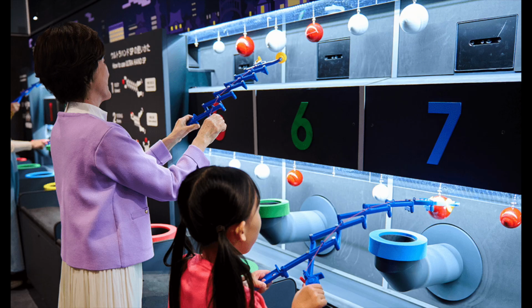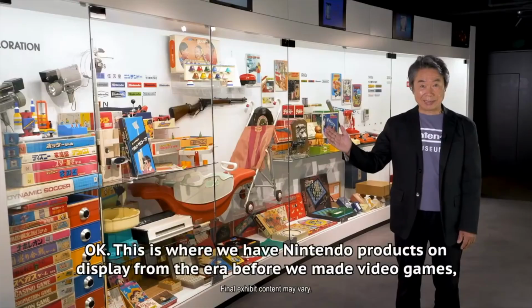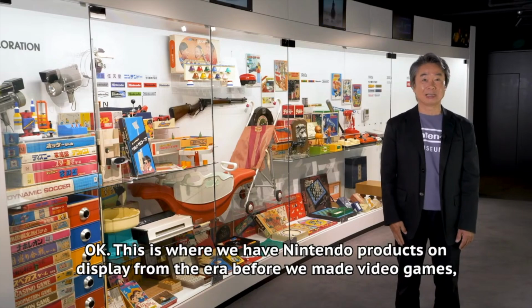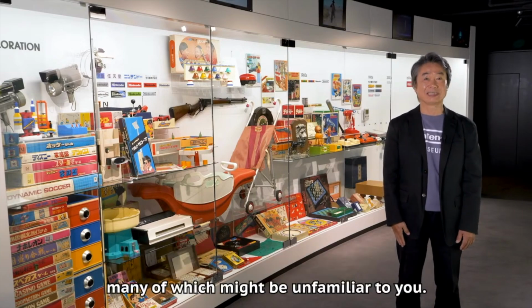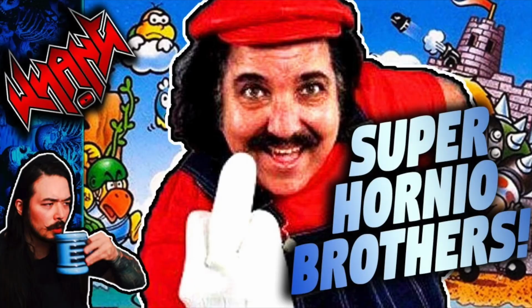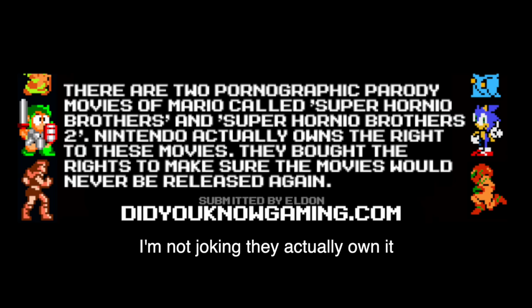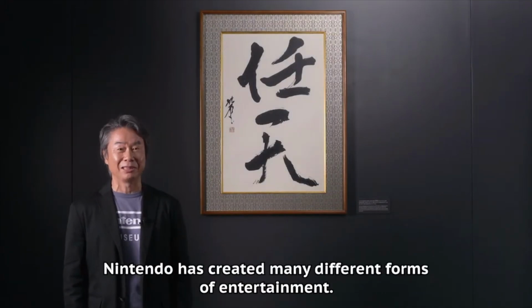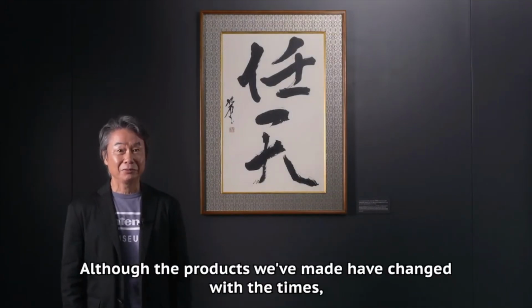I mean, the website did talk about some stuff that wasn't even shown in the Direct, which is neat. They also show some other stuff, like the toys, even though they're going to talk about the tax stuff and some obscure facts about Nintendo, like them partially owning a baseball team and then owning a porno, which, Google that. And yeah, overall, I think the Nintendo Direct is weird but interesting to see,